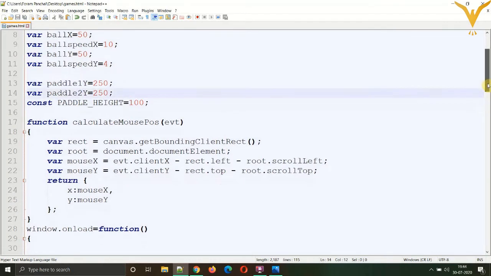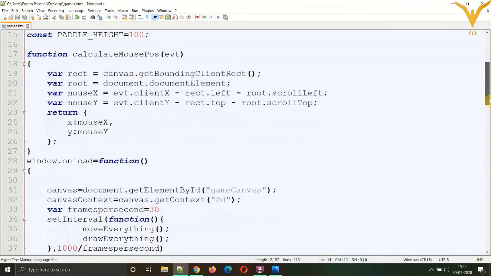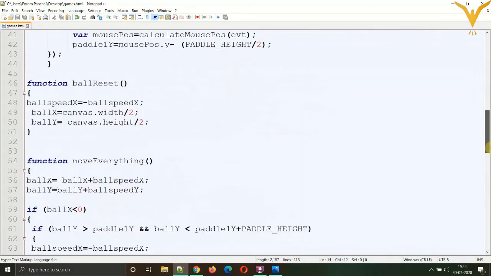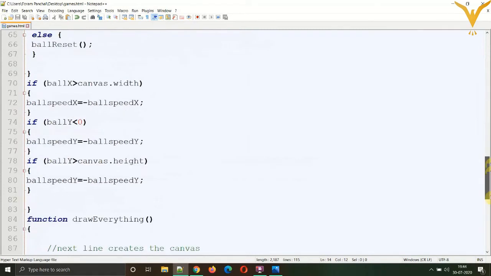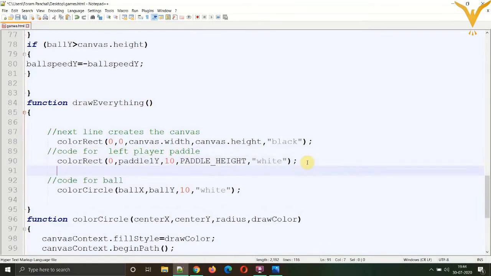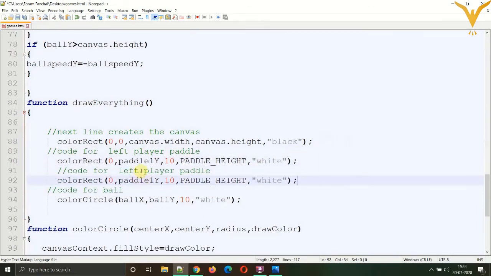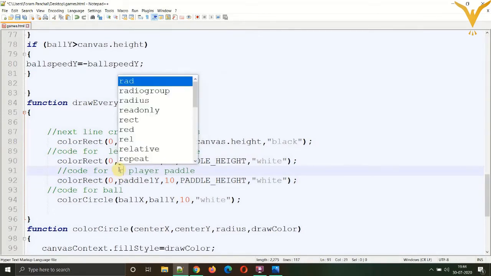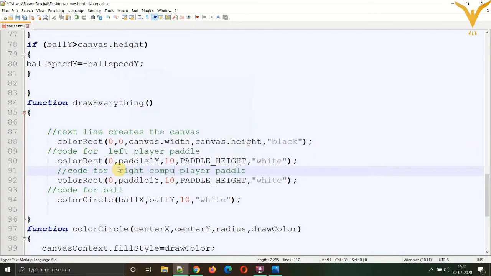For placing this variable, let's create one more vertical rectangle in the draw everything section. Just copy that code and paste it once again. This will be the code for the right computer paddle, which will be working on its own. Instead of paddle 1y, it will be paddle 2y. Paddle height will be the same,